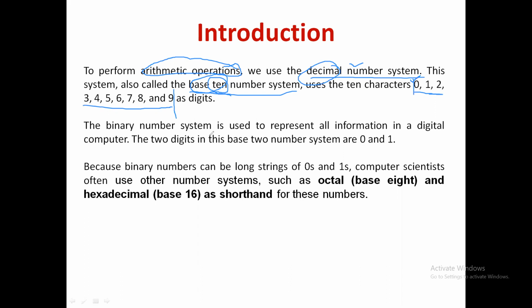Similarly, we know that information is represented by the computer using the binary number system, which contains only two digits, that is either 0 or 1. Every number in this binary number system is represented with these two digits only. When we say these two digits are valid, it means that other digits cannot be used in that number system. Therefore, in binary number system, usage of 2, 3, 4, 5, 6, 7, 8, 9 is invalid. Whatever number you want to construct should be done with these two digits only.